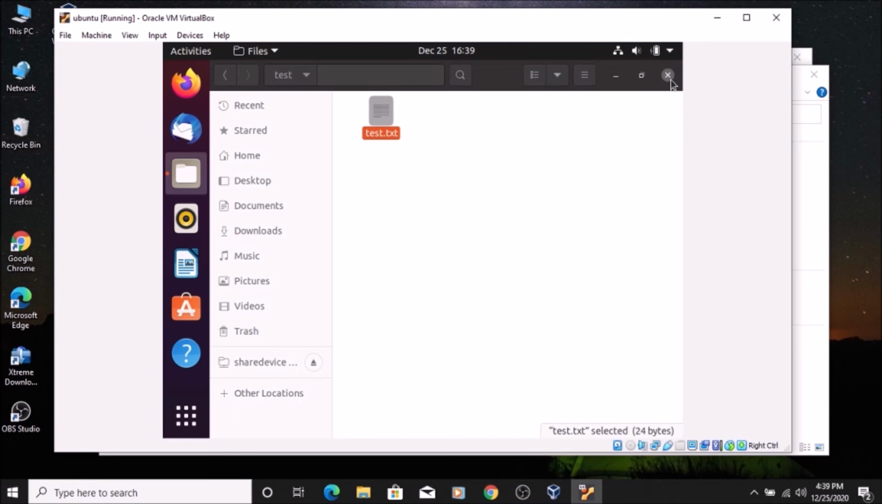So this is the way you can access the SMB folder with the help of OpenMediaVault, both on Ubuntu and on Windows also. So I hope you learned something from this video, and that you also install OpenMediaVault, and you also create an SMB share folder